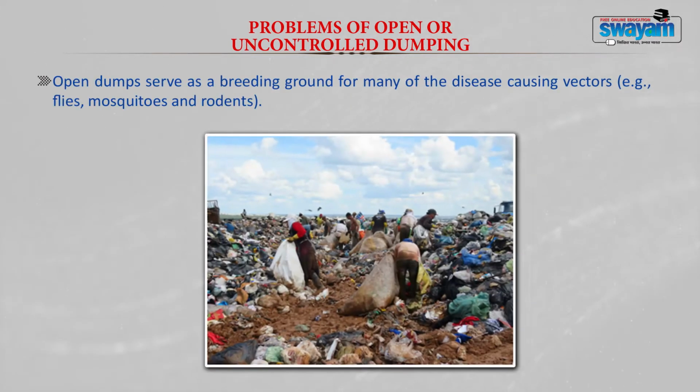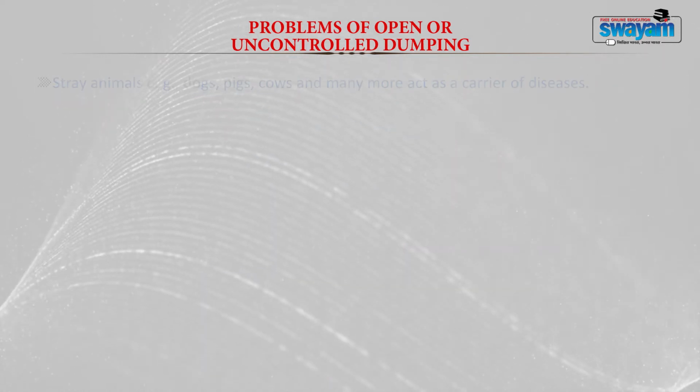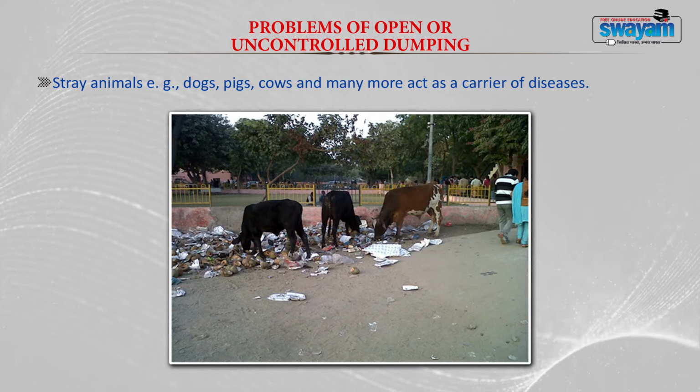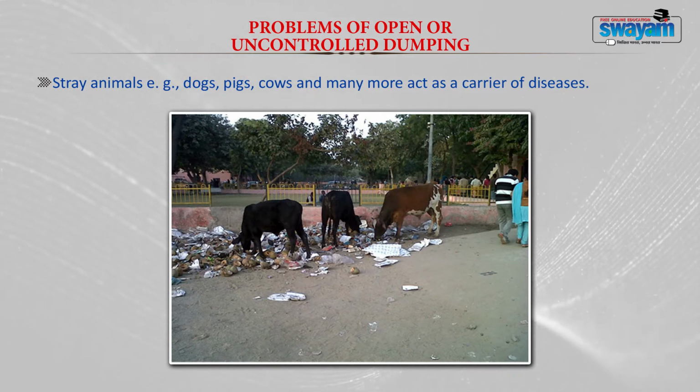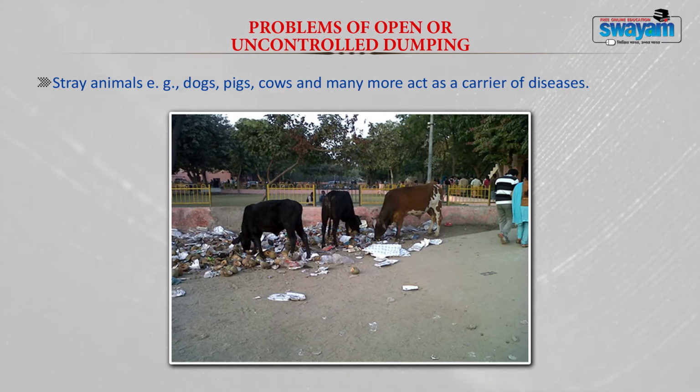Now, open dumps also serve as a breeding ground for a lot of diseases. Health hazards are created due to this. Wherever the waste is accumulated, you can see a lot of flies, mosquitoes, rodents and also a lot of other stray animals like dogs, pigs, cows, which act like carriers. One, it serves as a breeding ground, and second, these animals act like carriers, and from the waste dumps, they bring the disease causing organisms into the residential and commercial areas,